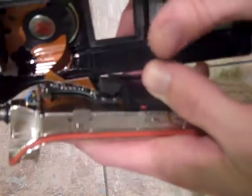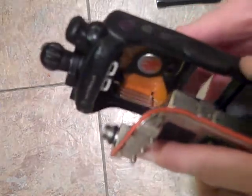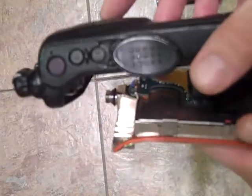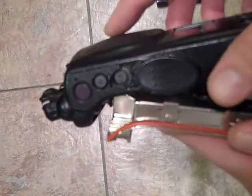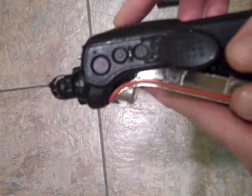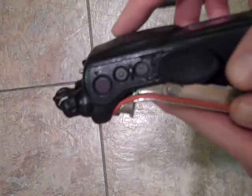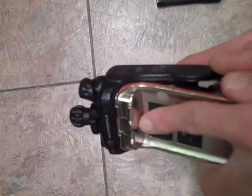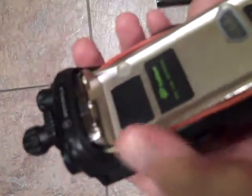It simply clips in. Watch this flex right here. This flex, if you mess it up, if you turn the radio while you've got that clipped in, it will split. And if it splits, you'll be able to power the radio on, but the controls won't work. Okay, to get this back in, you simply align it up with the chassis. Give it a push up. Then